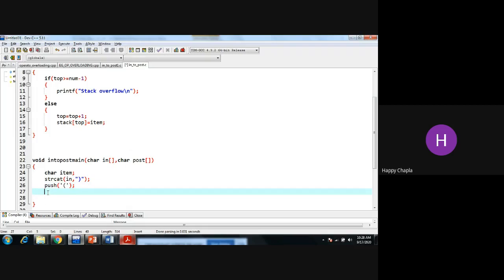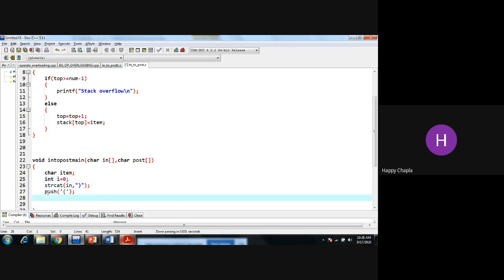The next thing, what I am doing over here, I'm assuming that my integer I equals 0. So my infix of I, right now, is a plus b closing bracket.